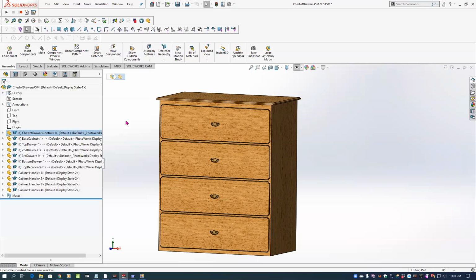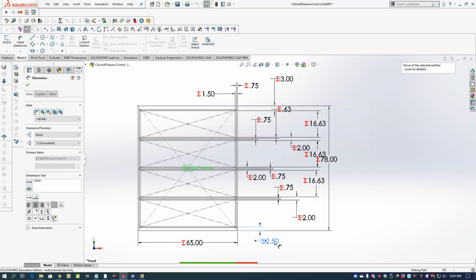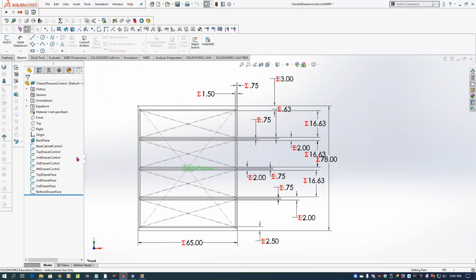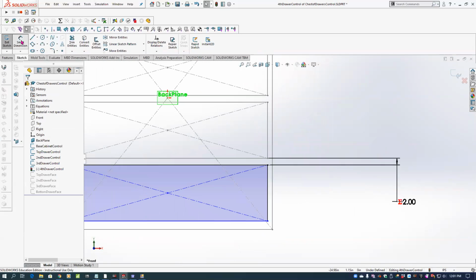I open up this control file. It's just a number of dimensioned sketches that define the base cabinet and the individual drawers, and they are tied to variables. I'm going to delete one of these. If we go to that drawer, that's the fourth drawer. Let's delete that one. And of course, if we now give that a dimension,